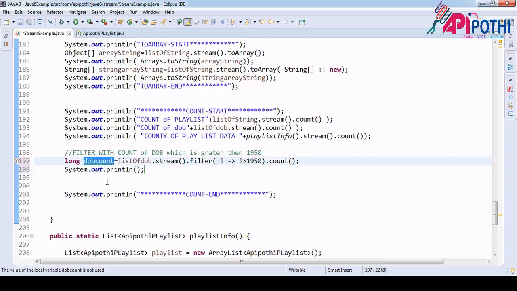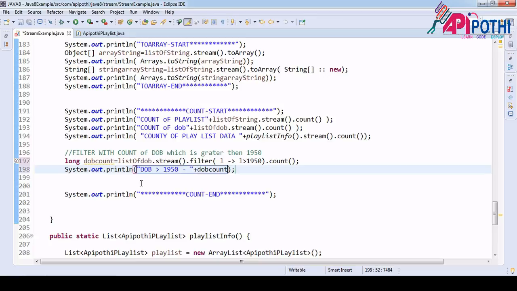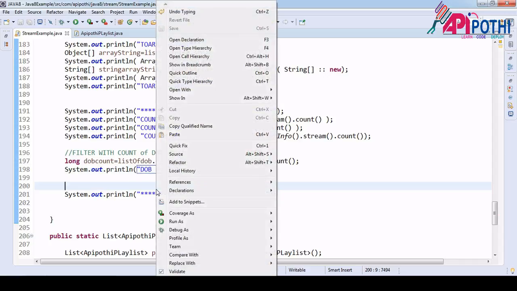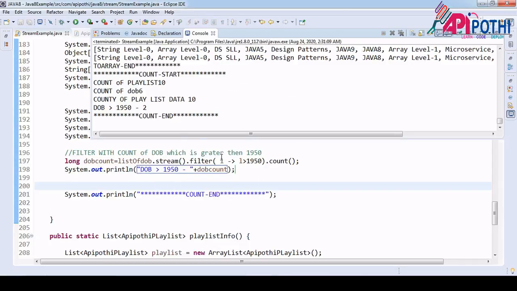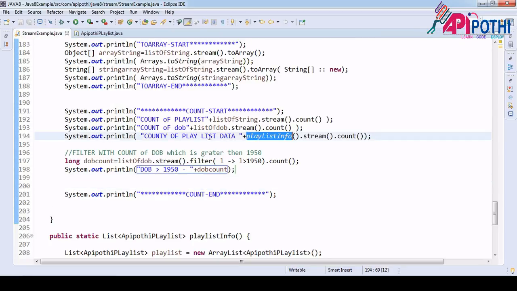If you print this one, date of birth greater than 1950, right click, run as Java application. If you see, there are 2 dates of birth which are greater than 1950. Like that you can do it for custom also, you can do it for integer also.